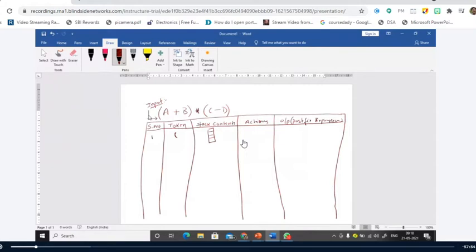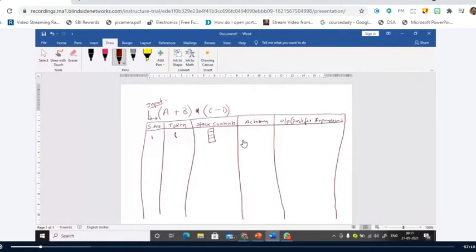If it is a closed parenthesis, you have to pop all the operators from the stack and place them in the output, and you just remove the open parenthesis from the stack. Open parenthesis should not be kept in the output. Why? Because I told you clearly that the prefix and postfix expressions do not consist of any parenthesis. So you just have to remove it. This is what you have to remember.